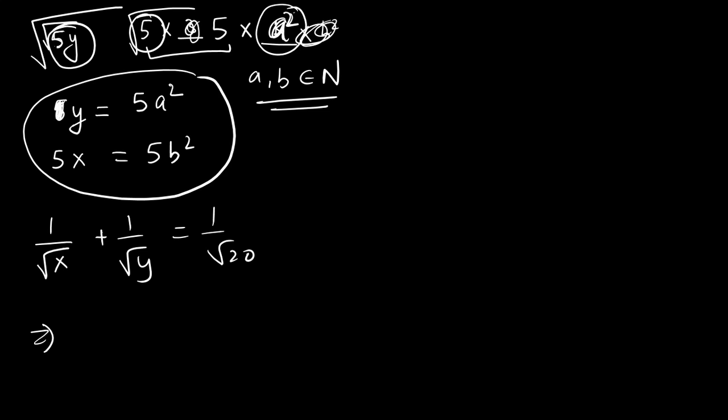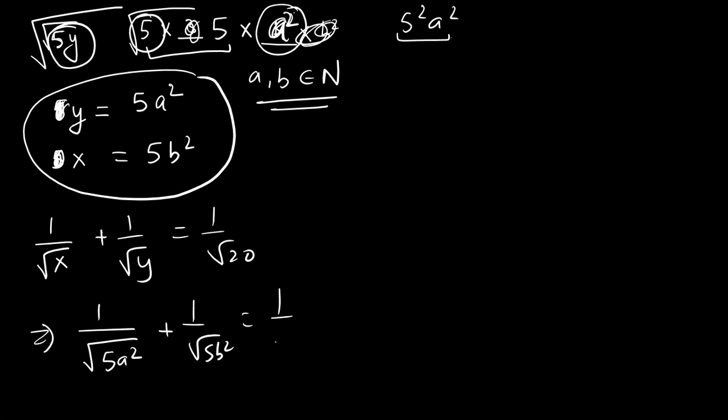So x and y should be this 5a square, because if we multiply by 5 we will get 5 square a square, which is a perfect square. So 1 over root 5a square plus 1 over root 5b square equal to 1 over 20 can be written as 2 root 5. Now this a will come outside, so we will have 1 over a root 5 plus 1 over b